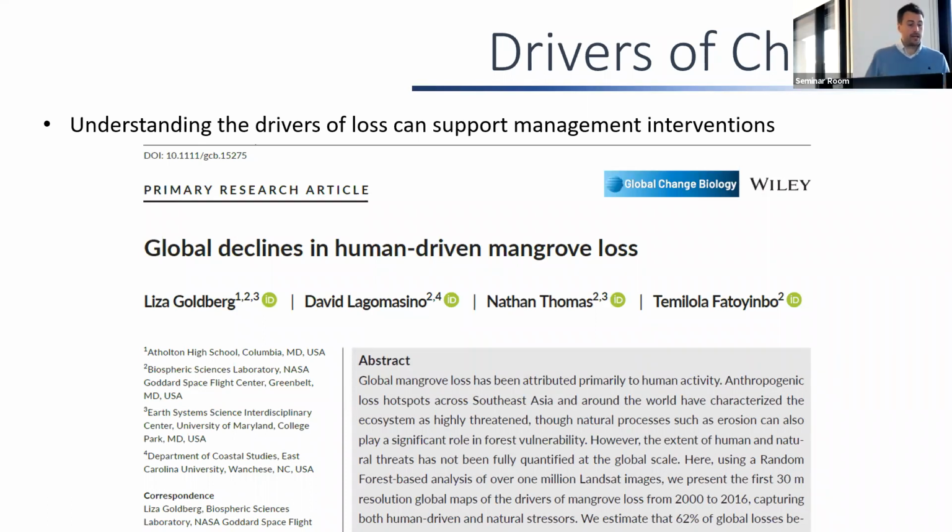And using machine learning, decision trees and cloud computing, again in Google Earth Engine, they mapped the drivers of mangrove loss into 5 categories. Settlements, so that's urbanization, commodities, which is things like a combination of rice, shrimp, aquaculture, and oil palm, erosion, non-productive conversion, which is land clearance and maybe mining, for example, and extreme weather events. And this looked at changes over the years 2000 to 2016.